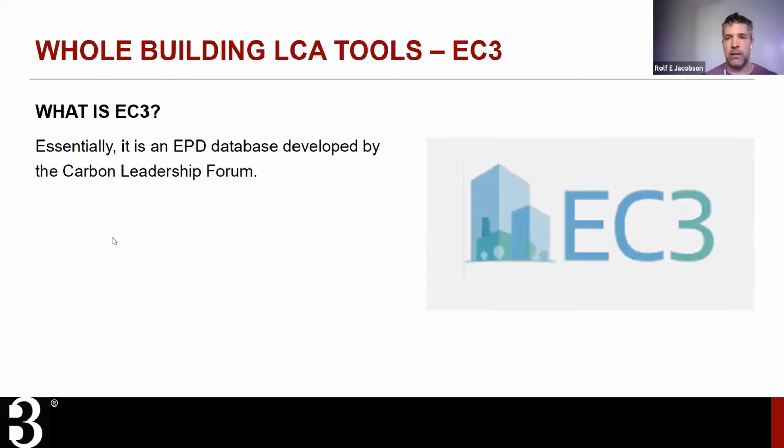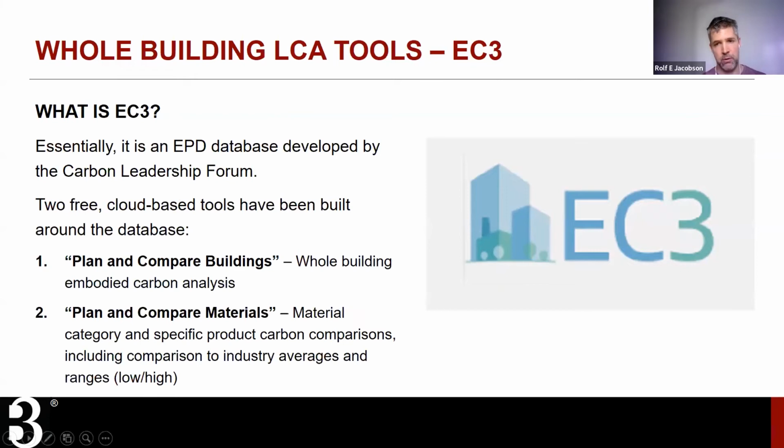EC3 is kind of the new kid on the block. It was developed in the last few years by the Carbon Leadership Forum. And it's kind of an interesting tool. Essentially, it's an EPD database. That's basically what it is. And they've developed some tools around this EPD database. And they're free. So like Athena, you can sign up and log in, and use EC3 for free. They have a tool called the Plan and Compare Buildings tool, where you can do a whole building embodied